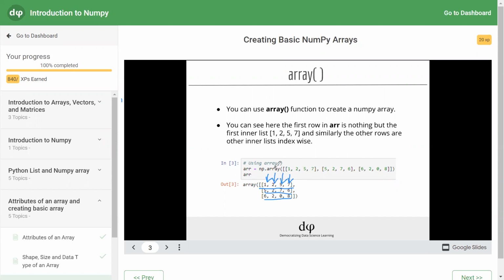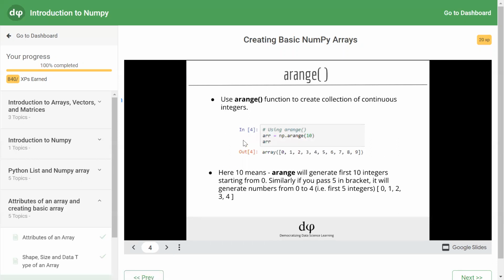There are 3 rows and 4 columns. That is the use of the array function. To the array function, we can pass a list of similar data type elements. It will convert it to an array, store it in a variable, and it can be printed on the user screen.